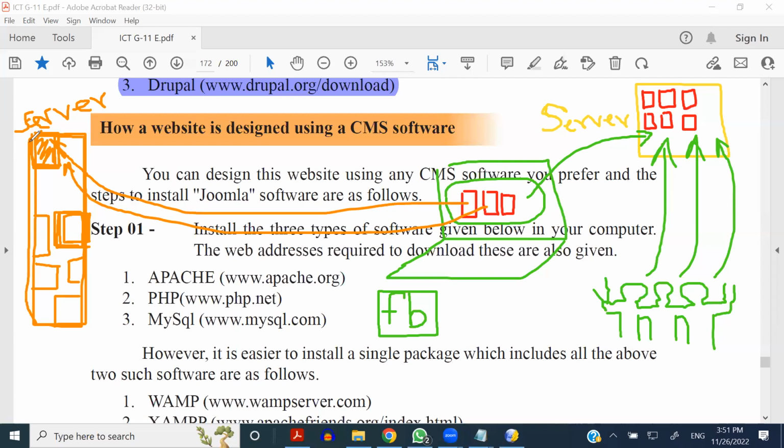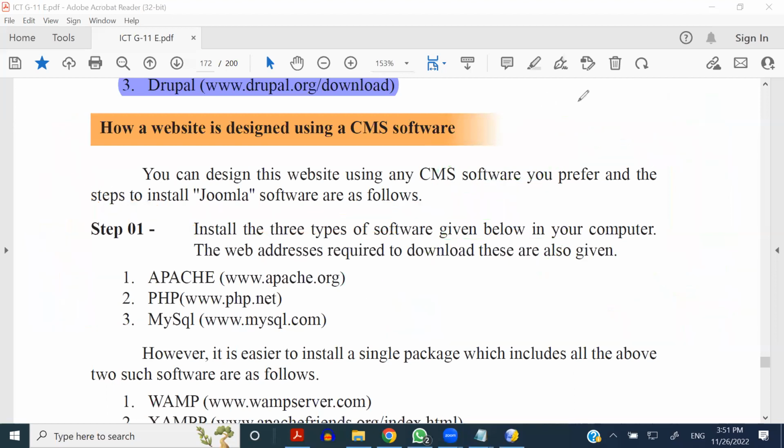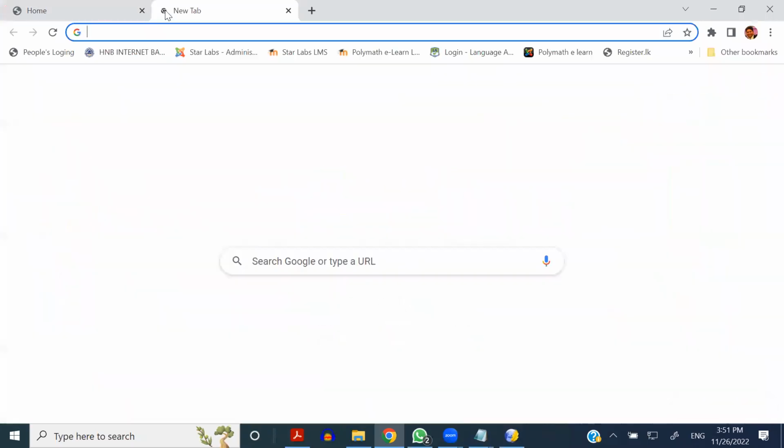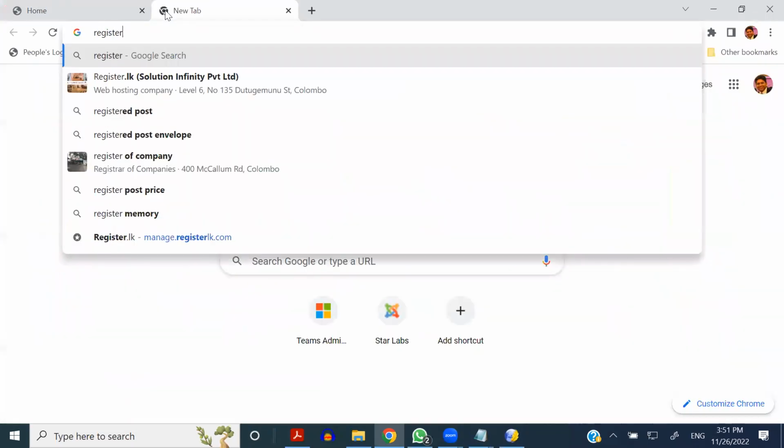So if you are going to purchase, in that case you have to purchase the server space as well as the domain name, both of the things, right? Then after, you will be given the chance to edit them through a CMS, content management system. So if you really want to purchase a domain name, you can go to websites like register.lk,